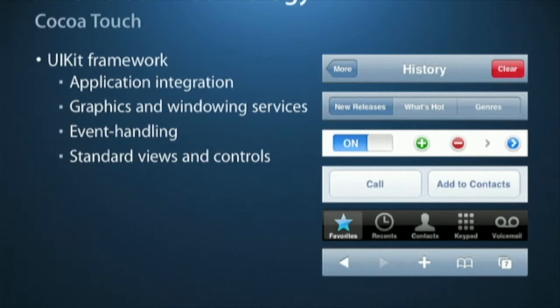UIKit also provides reusable objects representing the standard views and controls that you'll need. Views are the basic building blocks for creating the user interface of your application on iPhone. Views are the objects you use to lay out your data and controls. Nearly every object that appears on the screen is a view, including windows. Standard controls have a consistent appearance and behavior across all iPhone applications and allow users to work in an environment